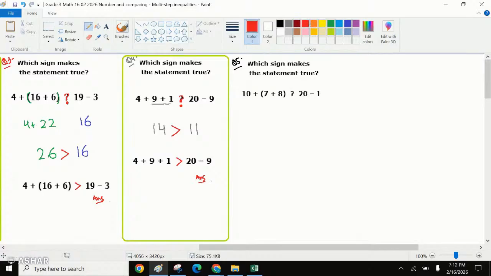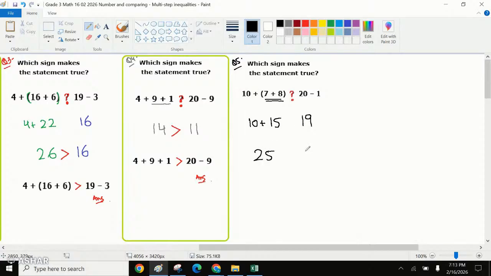We need to see which side is greater. The left hand side is greater or the right hand side is greater. We can solve this. 10 plus 7 plus 8 is 15. 20 minus 1 was 19. 10 plus 15 is, okay, 10 plus 15 is